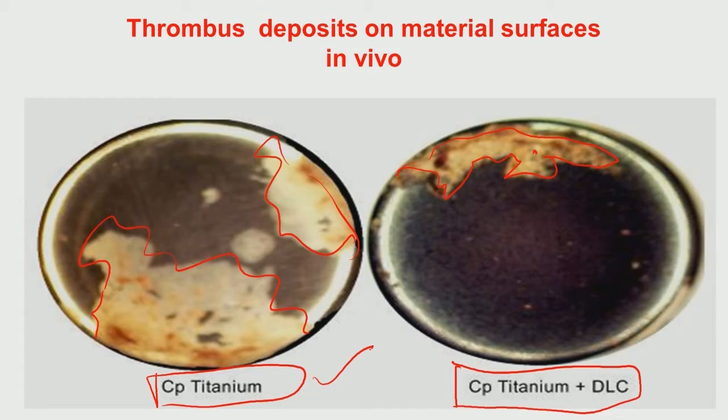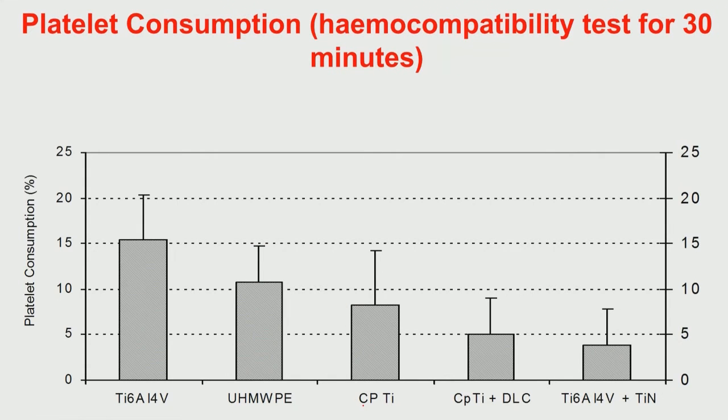So, the conclusion is that diamond like carbon coating, like ceramic coating, is helpful to improve the hemocompatibility of these titanium based materials. Now, in terms of quantification, people have done this hemocompatibility test for 30 minutes, and they have quantified the platelet composition, platelet consumption after this 30 minutes test, and they have used different types of materials: titanium 6%, aluminum 4%, vanadium, ultra high molecular weight polyethylene, commercially pure titanium plus diamond like carbon coating, and titanium